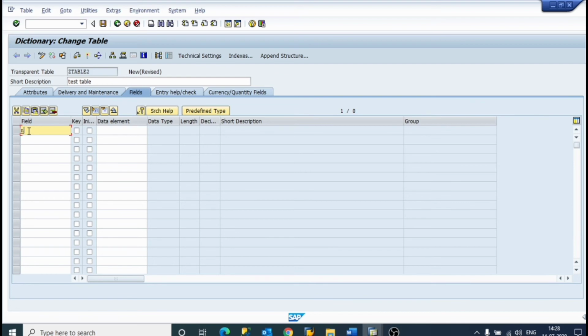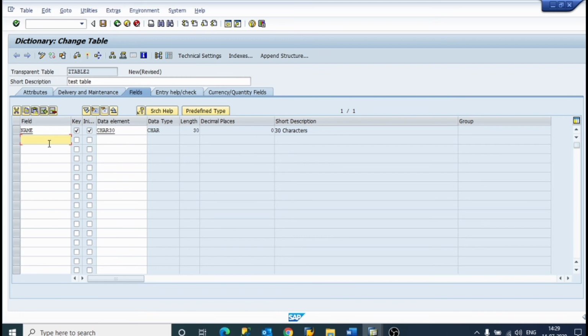I write a field name as name, with type CHAR 30, and click enter. As you can see, it automatically created the data type, length, decimal places and short description, because it was already saved.